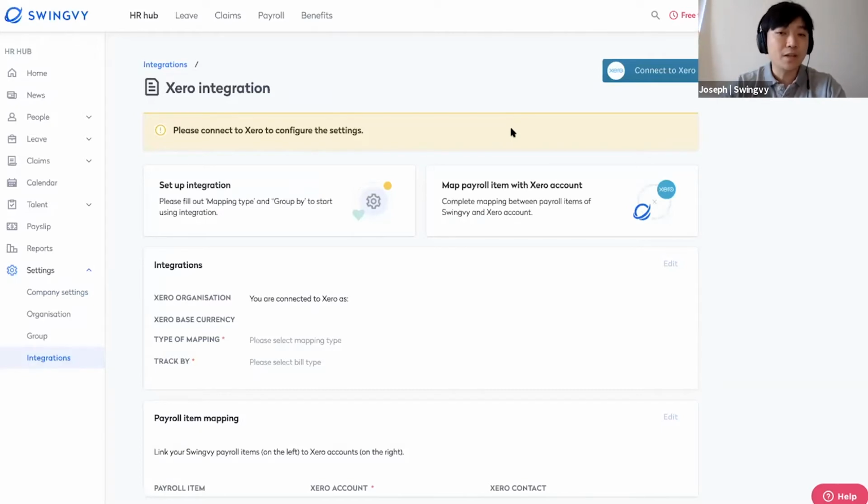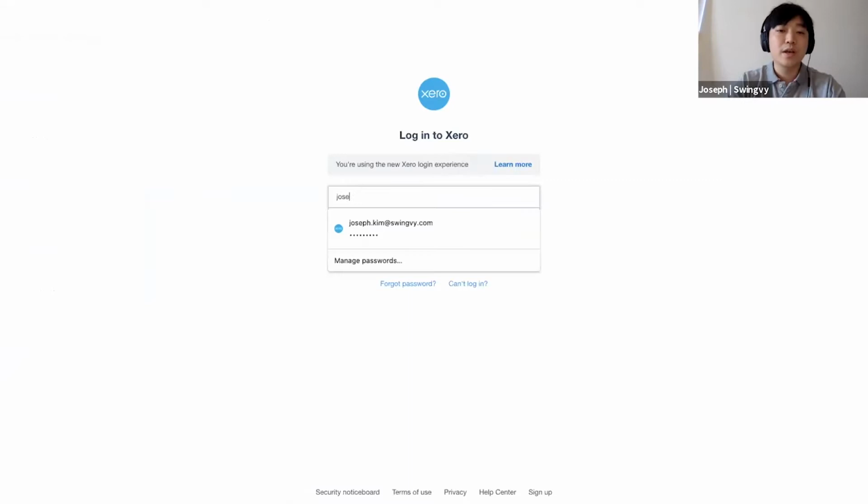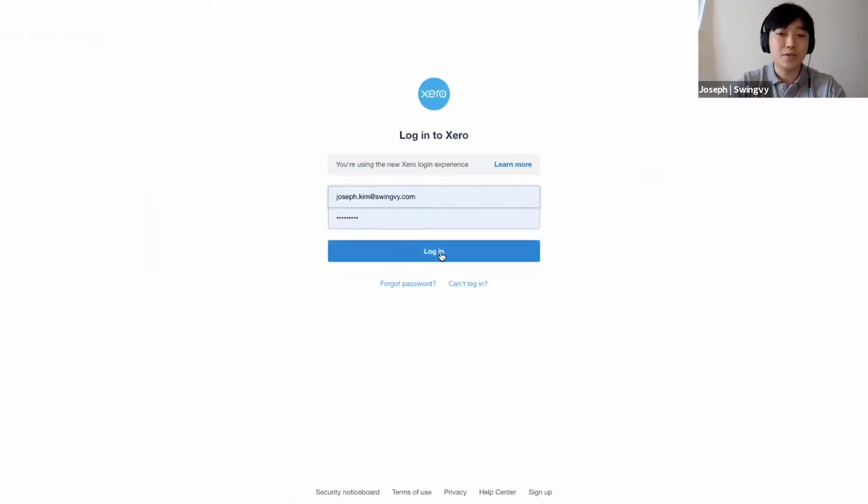If you have not connected your Swingvy account to your Xero account, you should be able to see the Connect to Xero button on the upper right-hand corner. So I will go ahead and click on this button, and what Swingvy will do is it will take you to Xero. If you have not signed in, it will ask you to sign in. If you sign in,